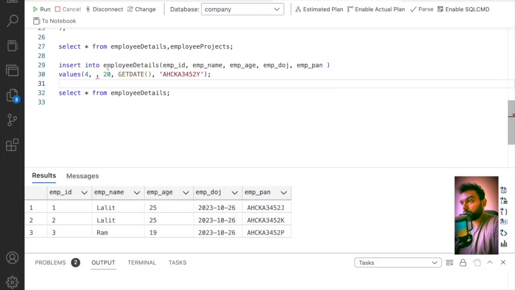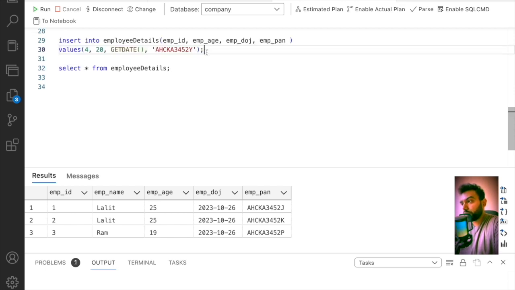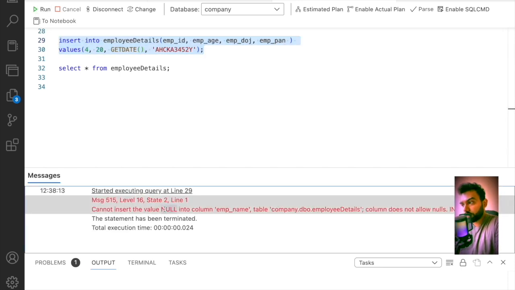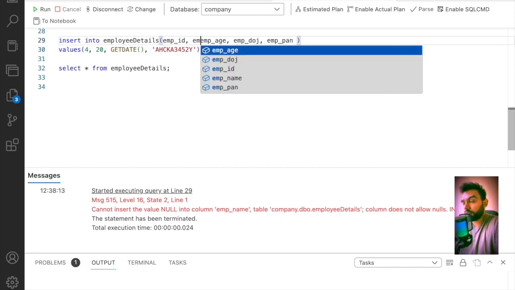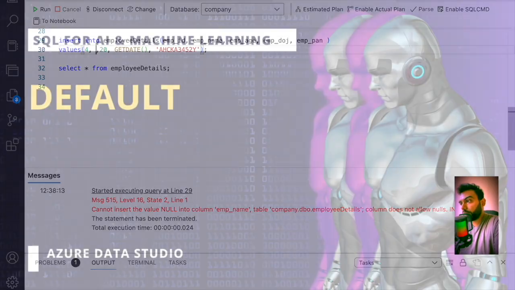Now let's try to insert one more record, and let's not pass the employee name value. Let's run this query, and as you can see, the column employee name cannot be null because we have specified not null for the employee name. So we must pass the employee name value. So we will write it again. We will add Geeta in the employee name,